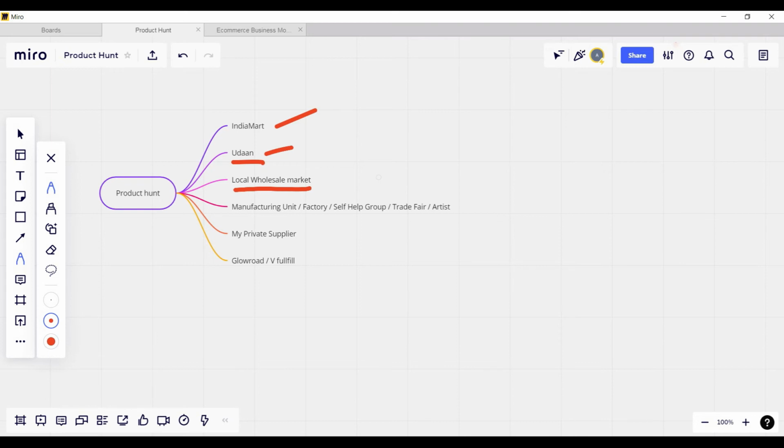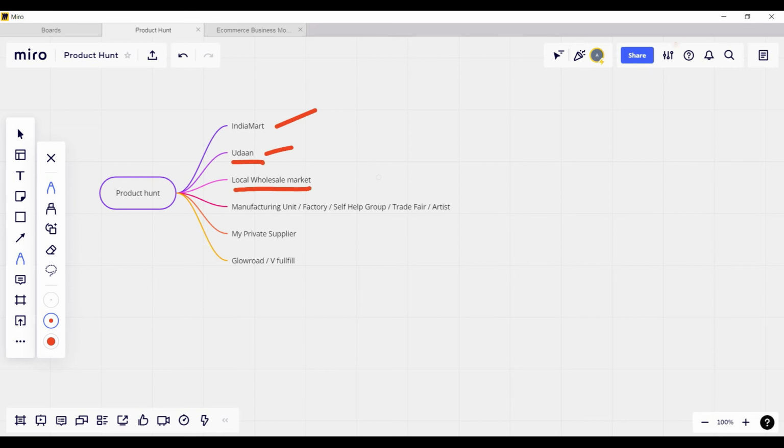Mostly they do drop shipping. If they don't, you can order their minimum order quantity, that is of 5 to 10 products, right? Once you validate the product as a winning product, then you can do proper e-commerce. You can store some inventory at your home or office or warehouse, or what you can do, you can ask your wholesaler that, okay, I'll order from you. You don't hold inventory.